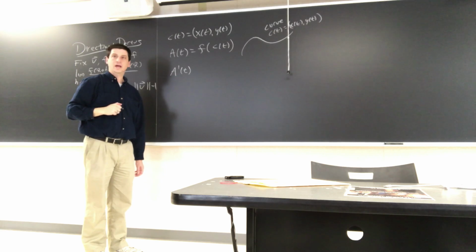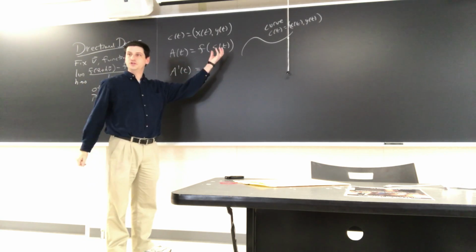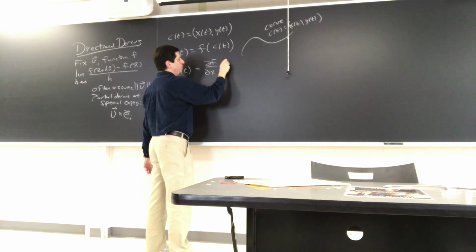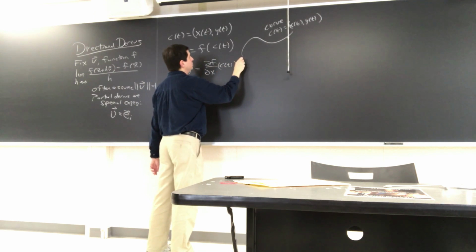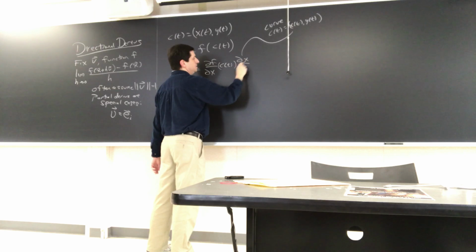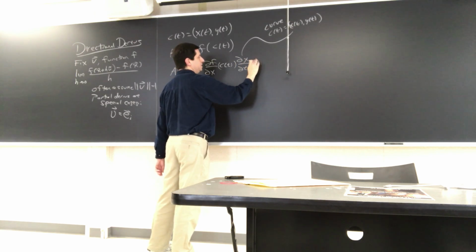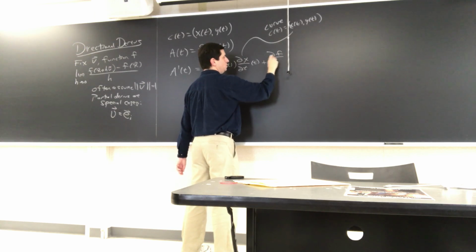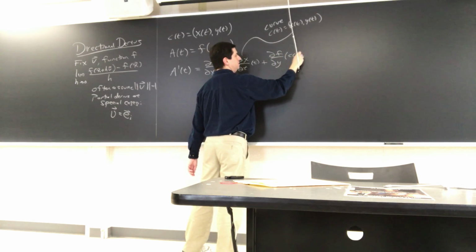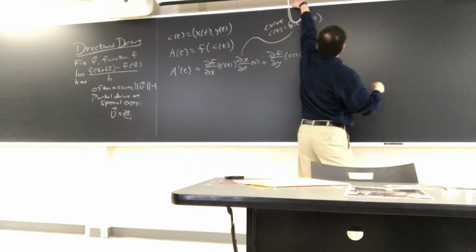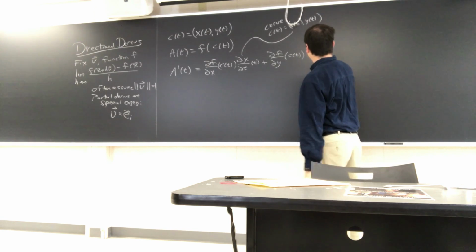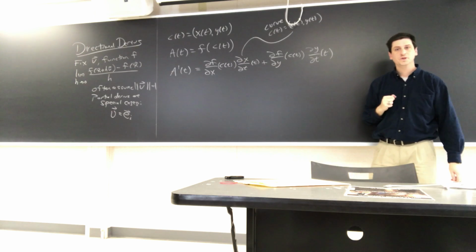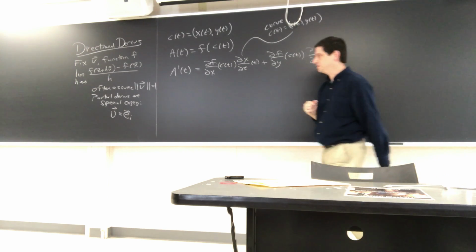Right? And on the right-hand side, I can use the chain rule. It's going to be df dx at the point c of t, times dx dt at the point t, plus df dy at the point c of t, times dy dt at the point t. So this is a little bit of an overkill writing it out like this, but